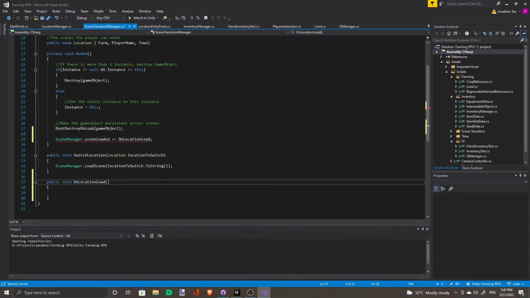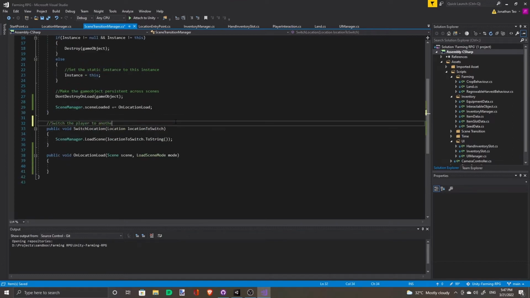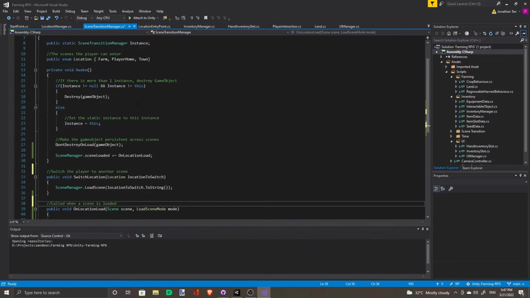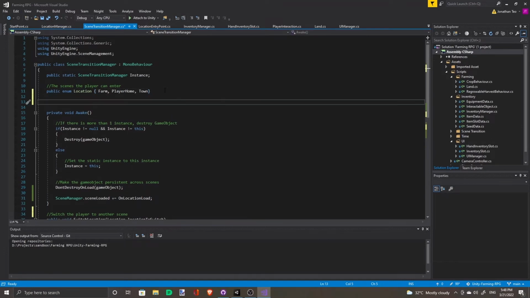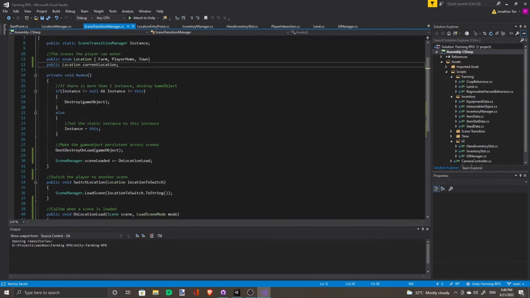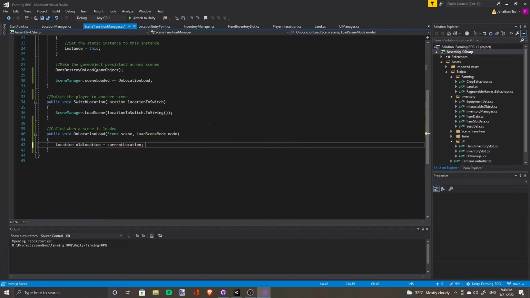It should take in the following parameters. So first things first, we need to keep track of the player's current location so we know where the player is coming from. This location is where the player is coming from, and the scene nodes.